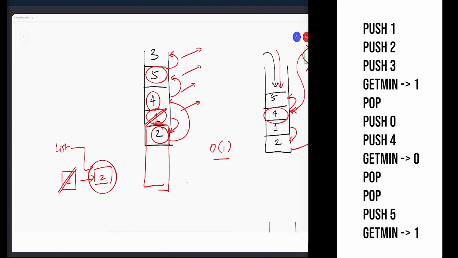Push operations are order 1 because I only push to the list if this element is smaller than the smallest element in the list. Yeah, but if the minimum keeps on coming, in the worst case, it will be order of n. No, because pushing to the list always happens from the front.